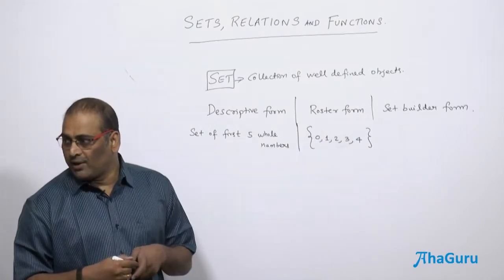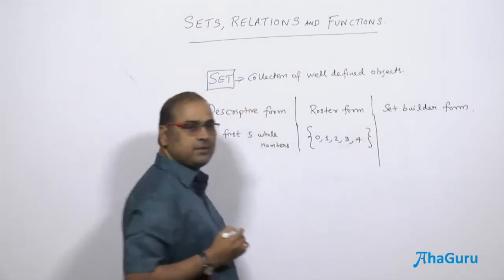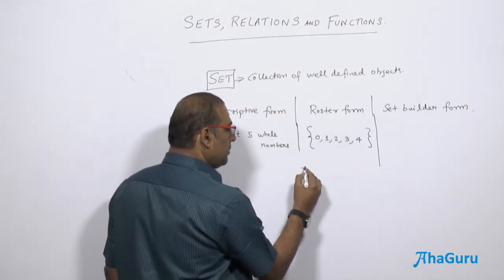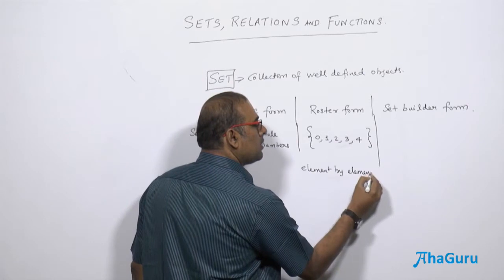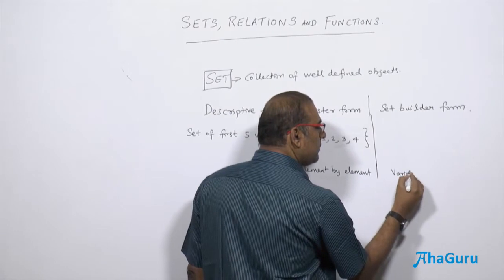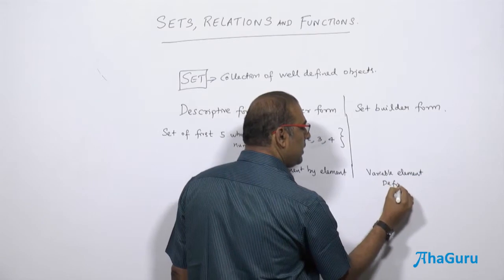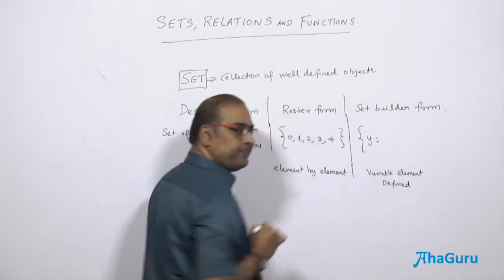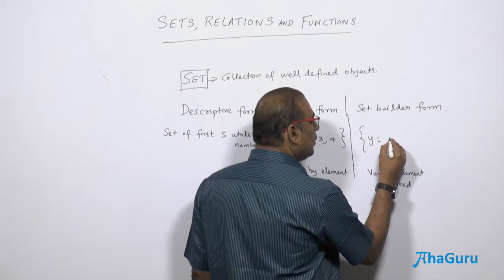Then there is the set builder notation. The set builder notation is almost like the roster form, with one difference. In the roster form you write element by element. Here you are going to write a set with a variable element, a defined variable element. For example, you are going to call this, say, y. So y is the varying element. And then you are going to say that